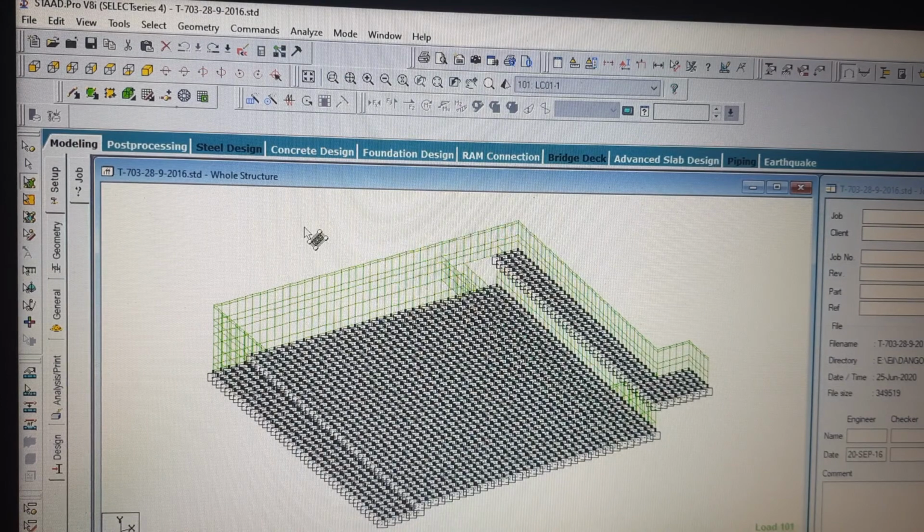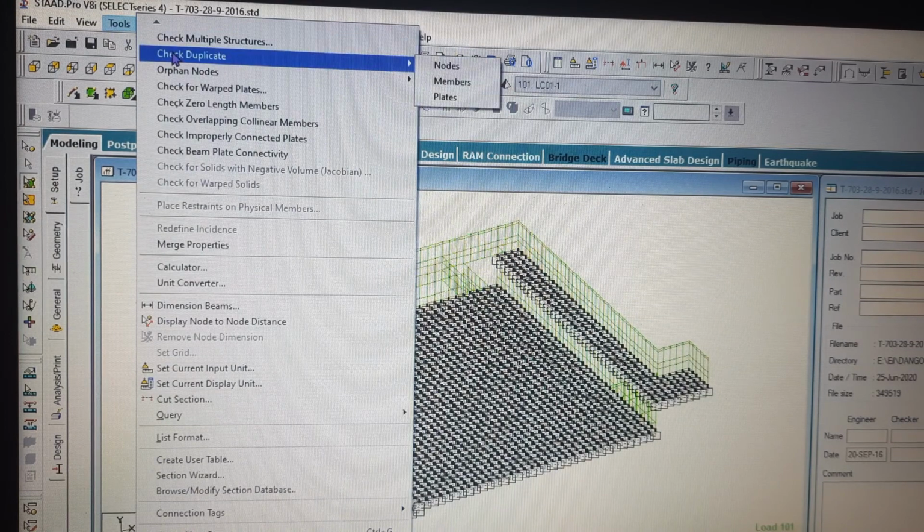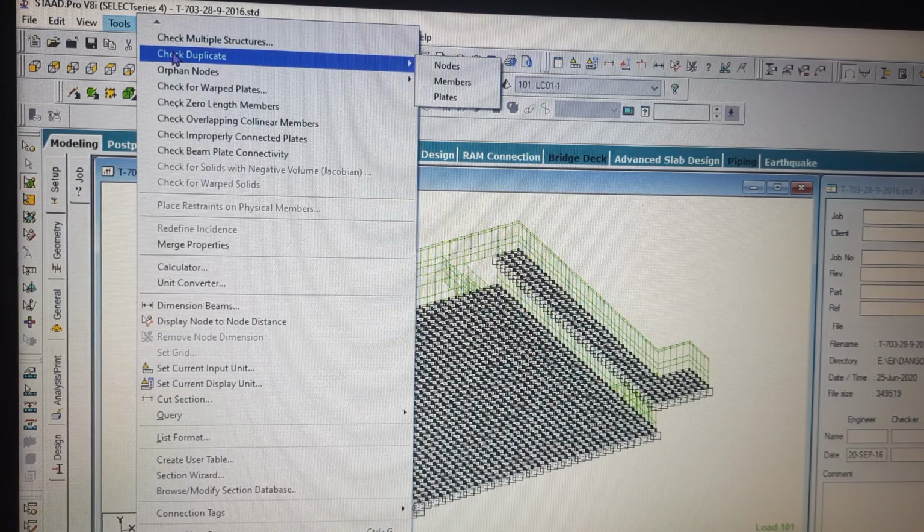Next, if you go to the tool button, you will find check duplicate node, member and plates. Duplicate node means a node which is duplicated with the same coordinates.